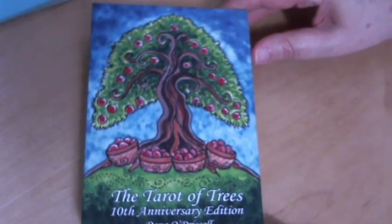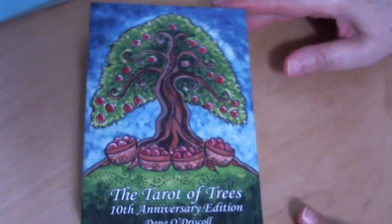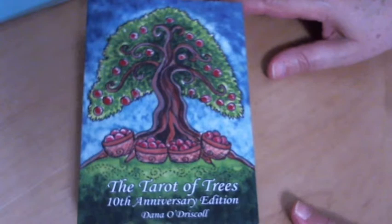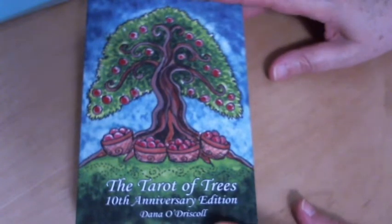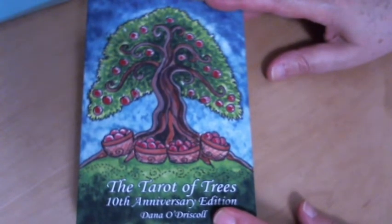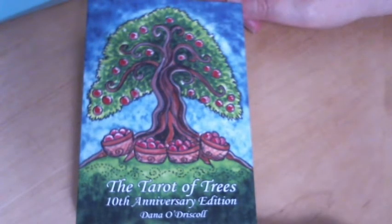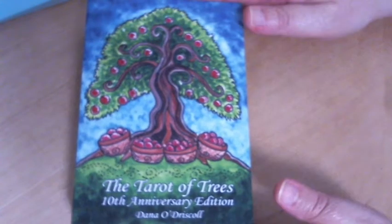Okay, so next is newest deck. So my newest deck, which I'm not sure if I will get my walkthrough of this out or not before I share this video. Possibly not. So I just got this a couple of days ago, or a few days ago. Tarot of Trees, 10th Anniversary Edition. Large